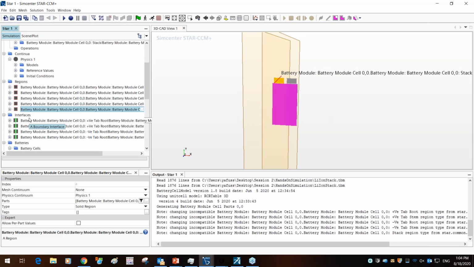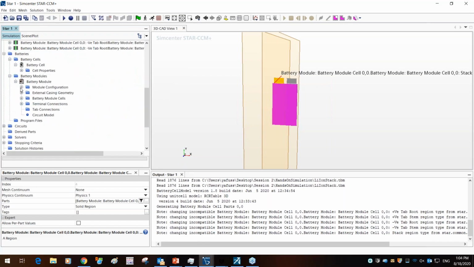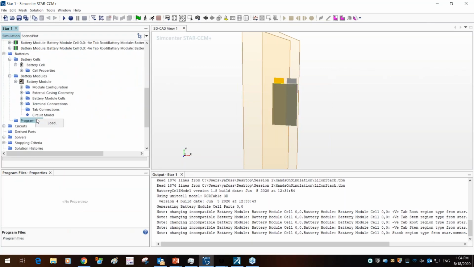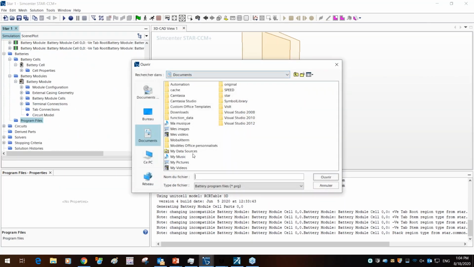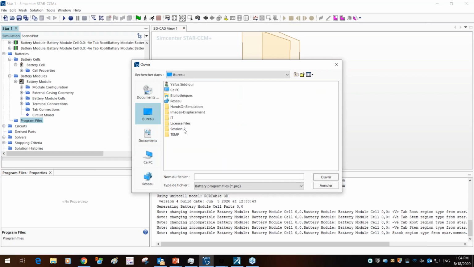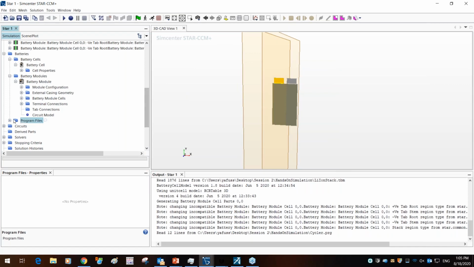So now that we've set up the model and the regions, we need to create the circuit to simulate the response of the battery. To do so, we're going to import the program file first from our session that we just created. That's the cycler program that we generated.